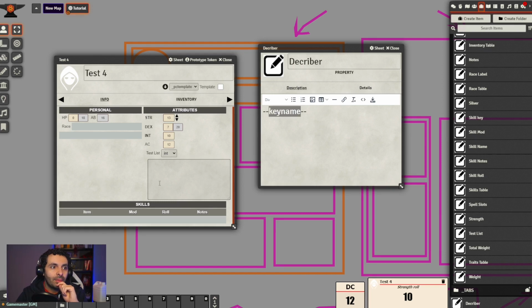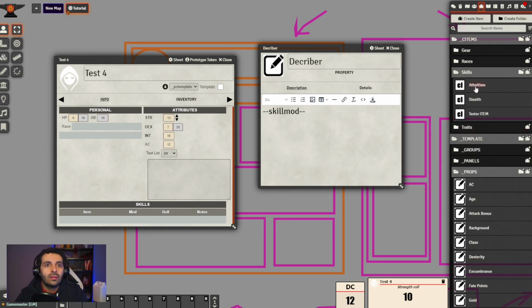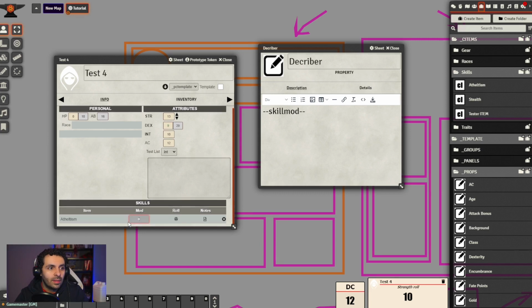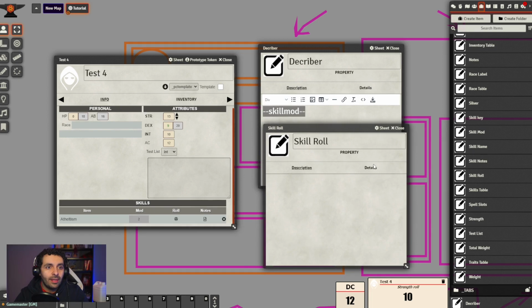So in our example, if we do skill mod, because this property is skill mod, we do this one as a 2. So if we change the skill role formula into that thing here,